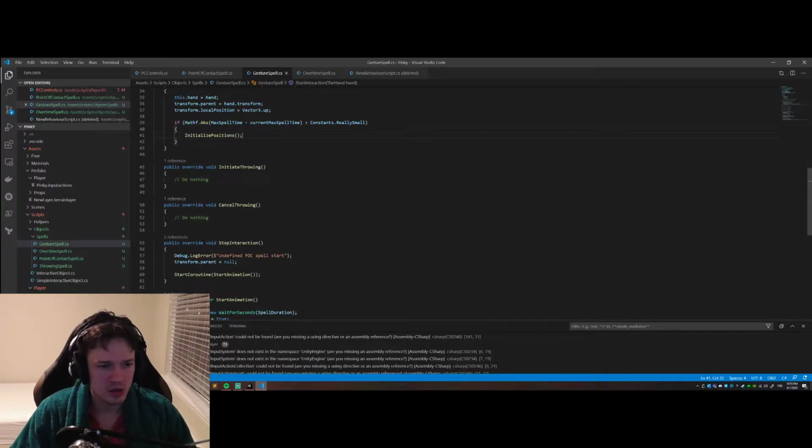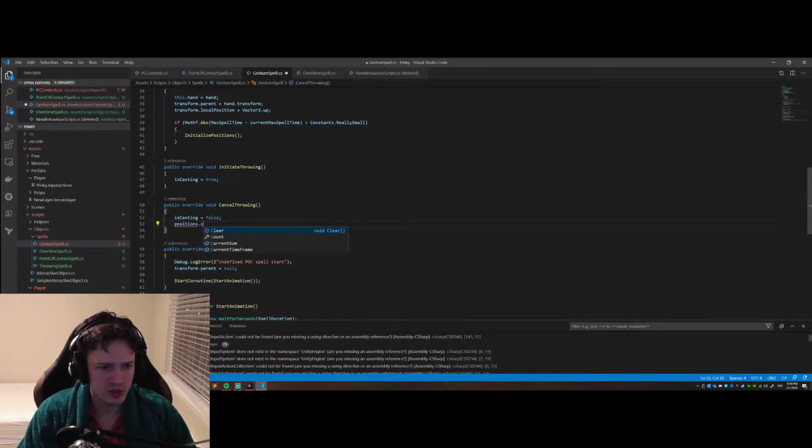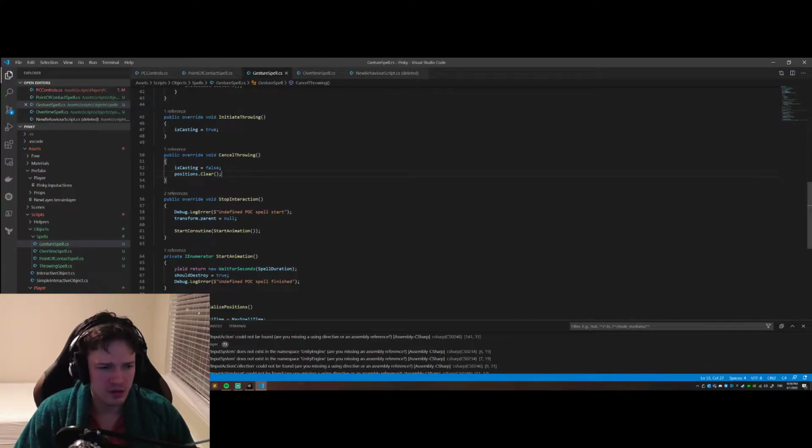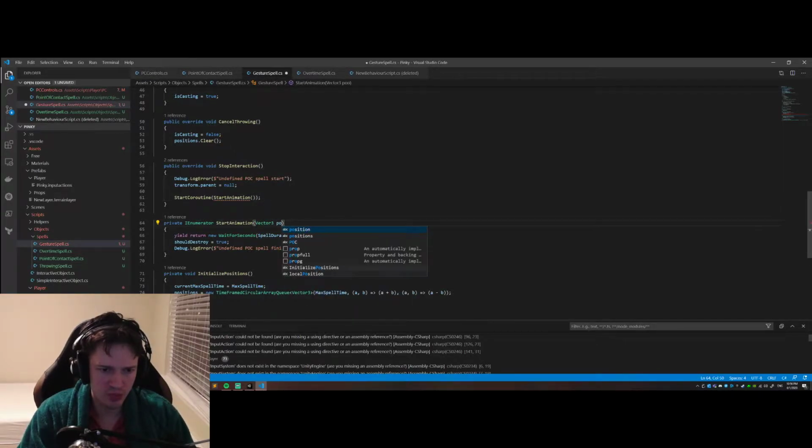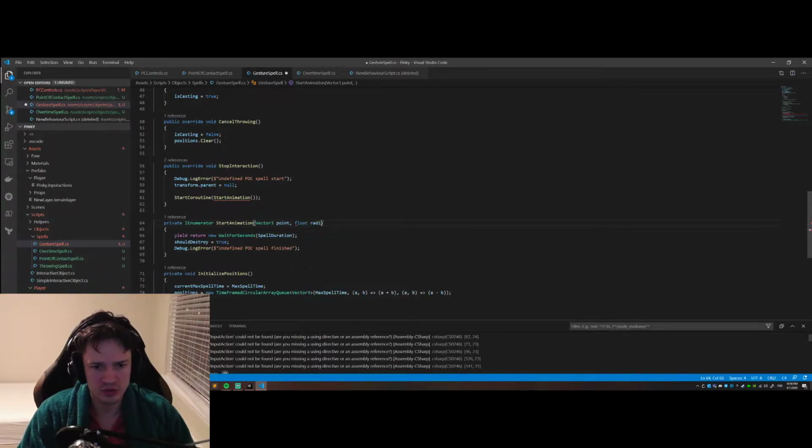That's good. Then to initiate throwing we should do nothing still. When we can, no, we should say is casting equals true. For cancel throwing we should say is casting equals false, and positions dot clear. On stop interaction we should not just start animation, we should pass extra parameters into the animation. So it should be vector 3 point, float radius,